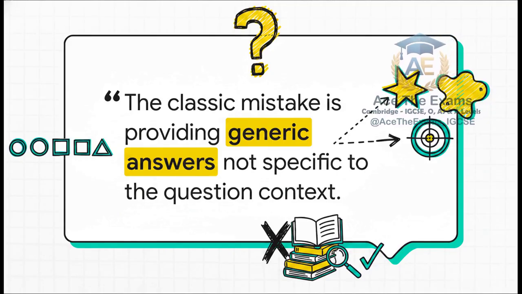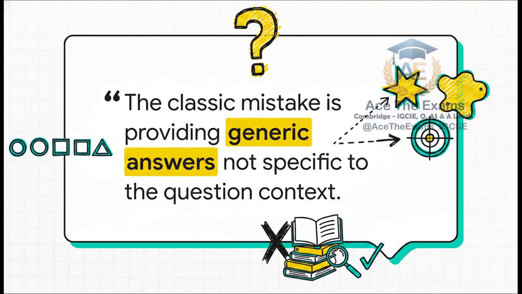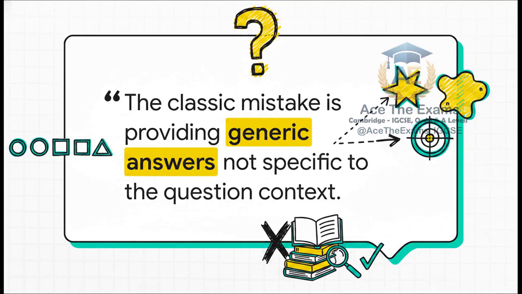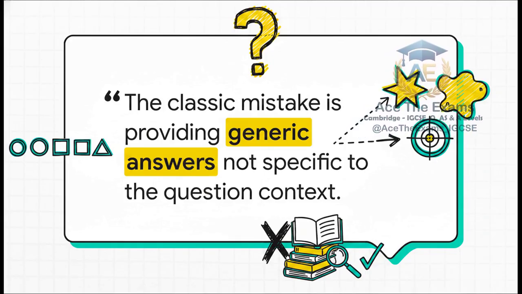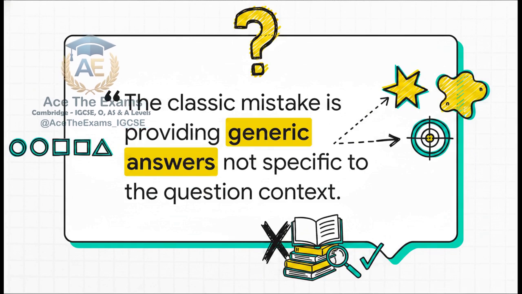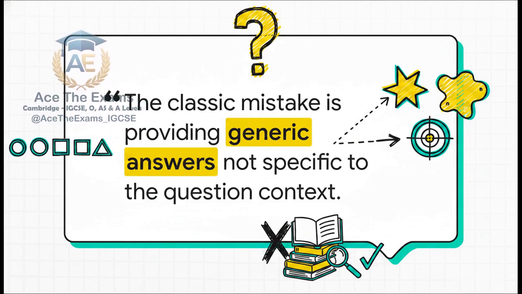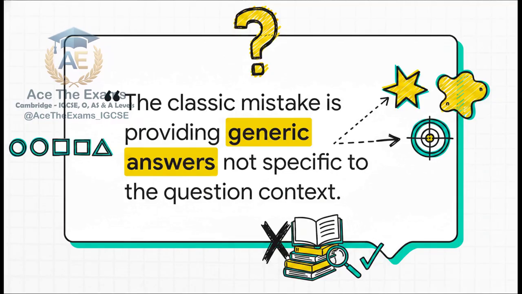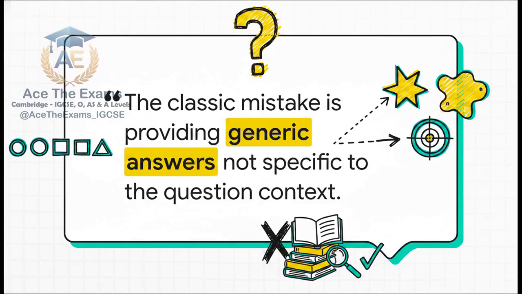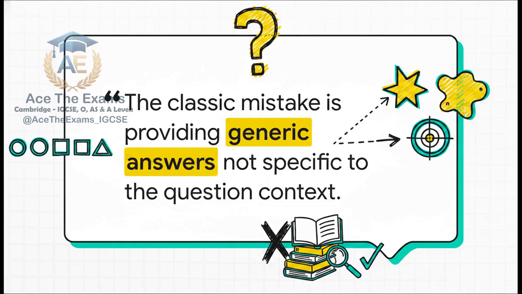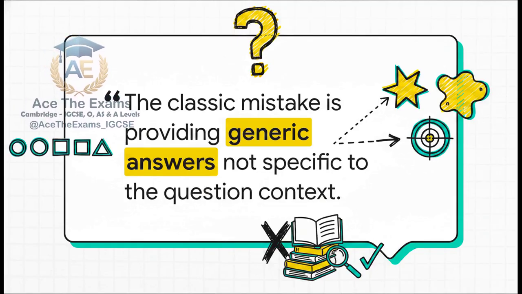A script loads up. The candidate has flawless Afrikaans grammar. Their vocabulary is beautiful, sweeping, and dramatic. They write these massive, emotionally charged paragraphs about the general horrors of war or the broad concepts of peace. But as I read, my digital red pen is hovering, waiting to award a mark, and I can't, because they are completely dancing around the core command word. They have memorized a textbook summary, a generic set of facts, and they are just dumping it onto the page. They aren't actually answering the specific prompt in front of them.